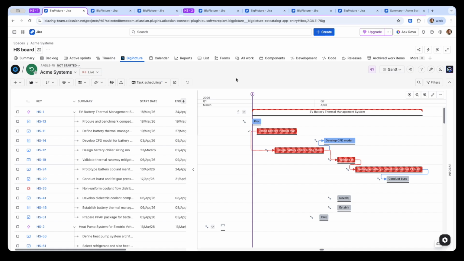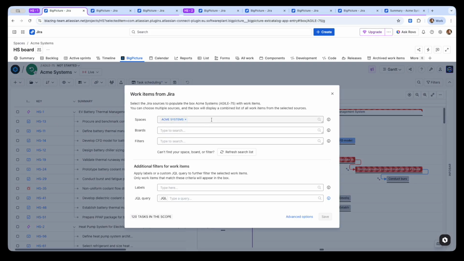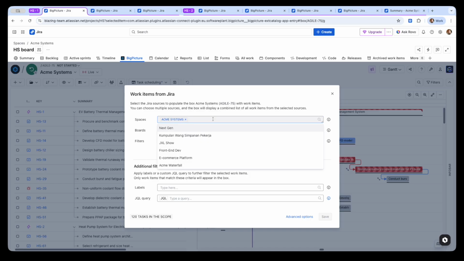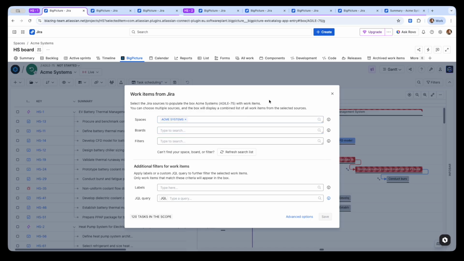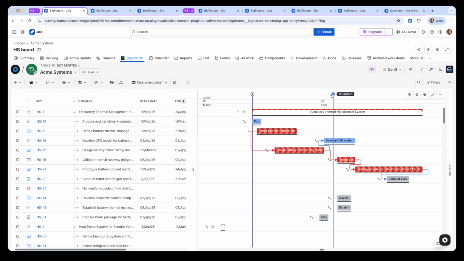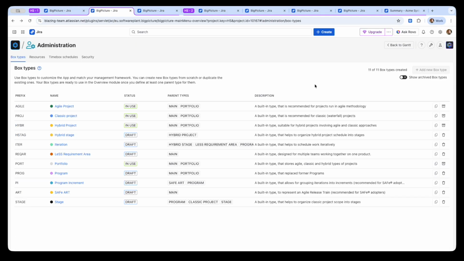Already, we've seen advanced dependency tracking, critical path visibility, baseline reference markers, and scenario-based modeling, the core elements of an effective PPM solution. Combining that with the ability to pull data from multiple Jira projects via their spaces, boards, filters, or standard JQL makes Appfire's approach unique. And this is whether you're using Agile, Waterfall, Hybrid, or SAFe, or again, any combination. Just configure it, and we'll track it for you. Big Picture is designed to be 100% method agnostic.